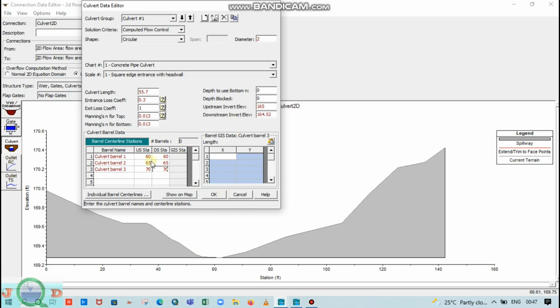Then it is nothing but a center line station. So from this 60 feet center line station, it is considering the diameter of culvert barrel opening, it is 2 feet at the invert elevation of 165 at the downstream and 165 elevation at the upstream. Okay,